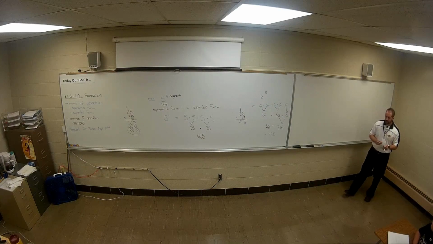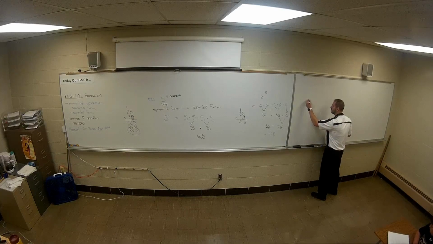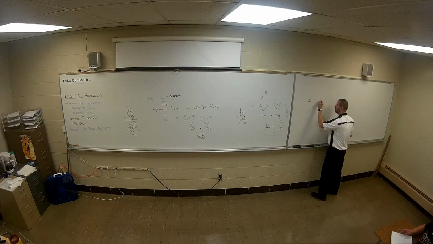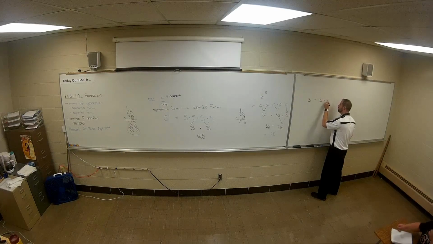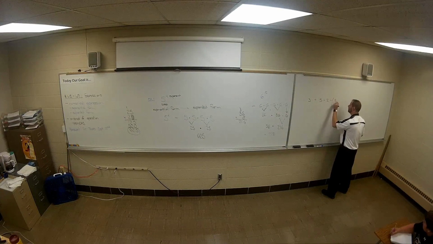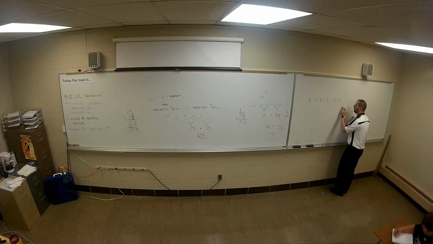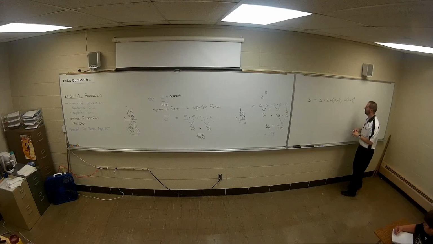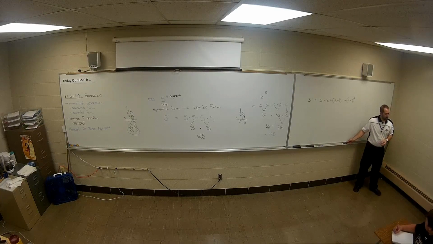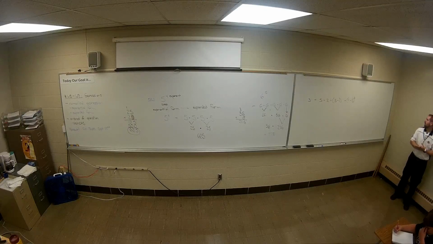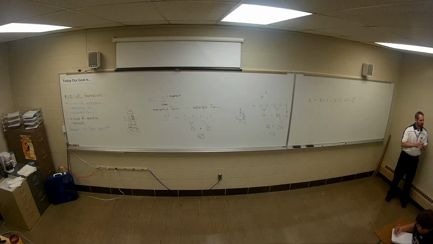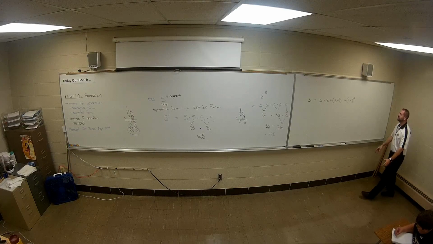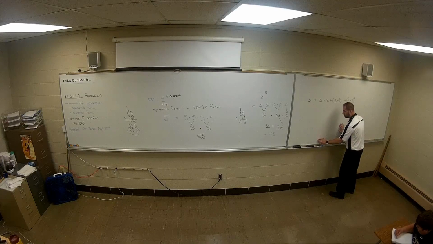So, let's do a problem where we got almost everything in it. So, let's go 3 plus 5 times 2 divided by parentheses 3 minus 1 plus 4 minus 2 to the 3rd power. So, got almost everything in this problem. Okay, this is kind of like the problems you're going to have today, where they just give you a numerical expression, there's just numbers in there, and they're going to ask you to simplify this problem down using the correct